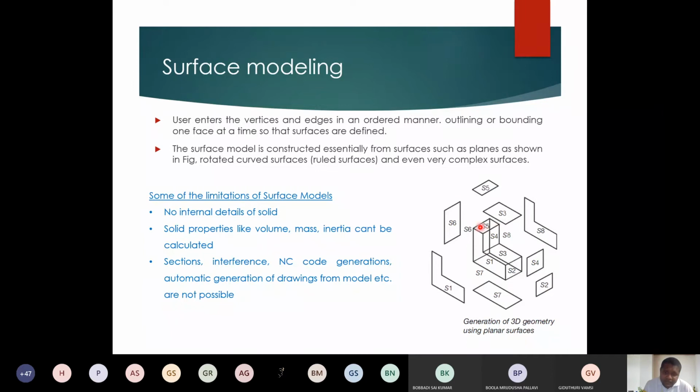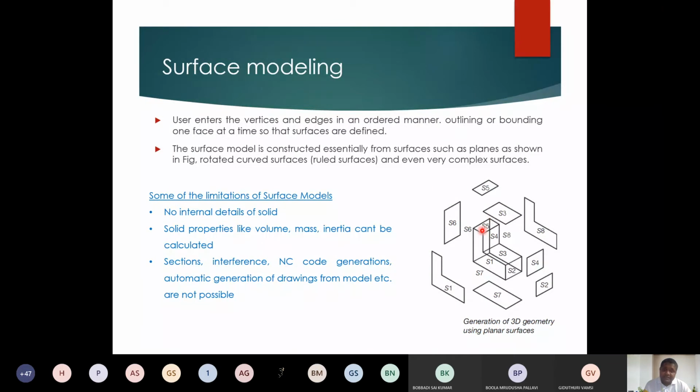This also has the edge information. On top of the edges, it can also accommodate the surface information. But apart from the surfaces, it cannot talk about the internal mass or internal volume. Why? Because the surface model cannot accommodate the volume-related details or the real solid part, the real internal core of the outer periphery. It cannot calculate that. So there are certain limitations, but it is somewhat better compared to the wireframe model.